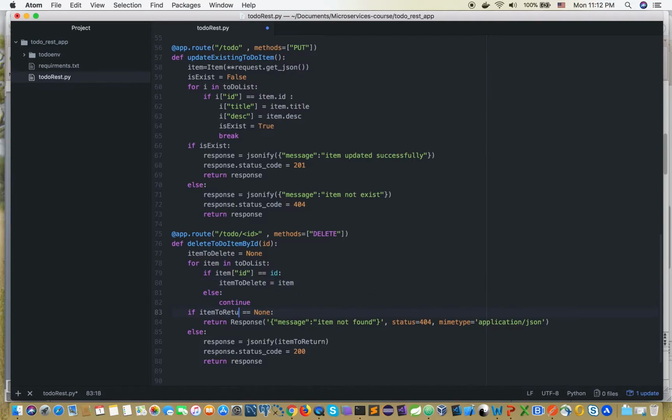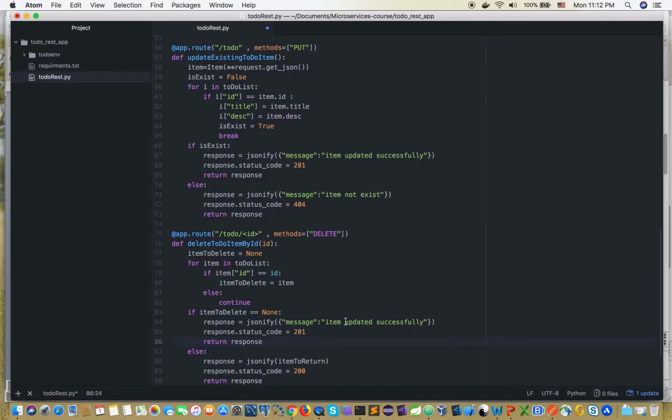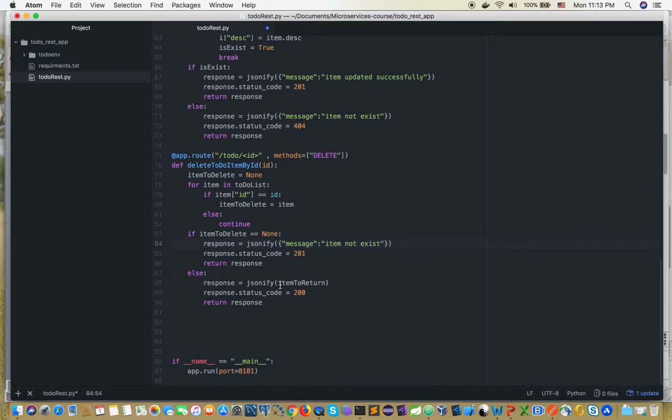Now if the item to delete equals none, still none, we need to send the message in this format, in this way, to the caller, saying that we didn't find your item, so message item not exist, otherwise we need to say the message will be item removed successfully,